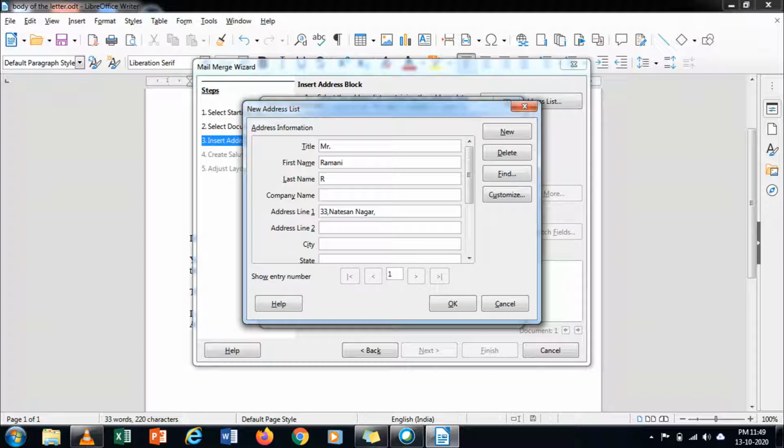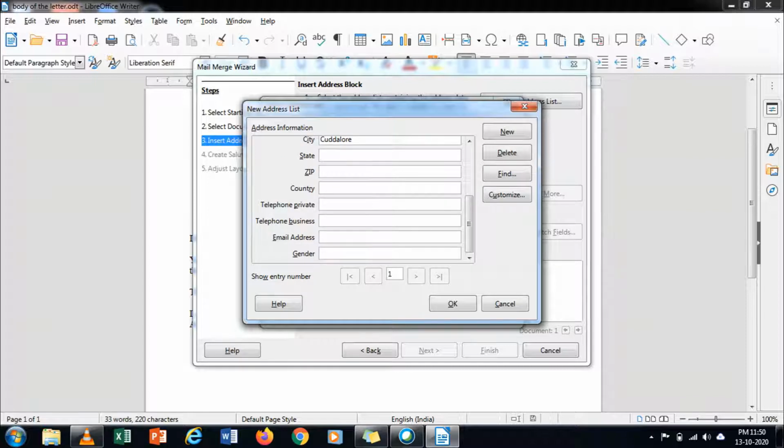Now I am including that. Then you have to type the second line of the address and then city name and then state.